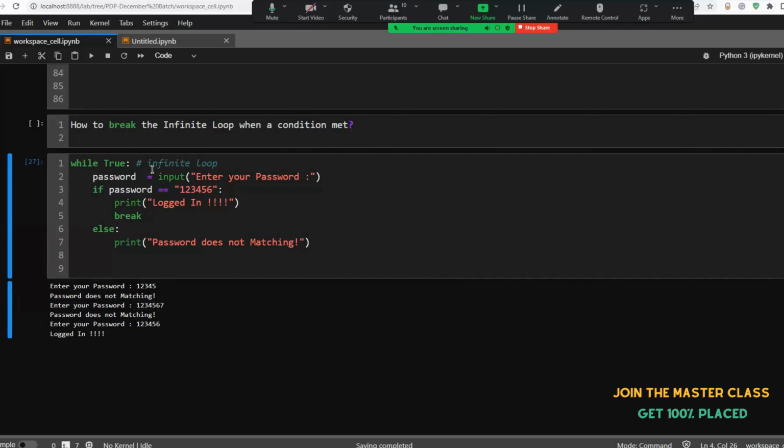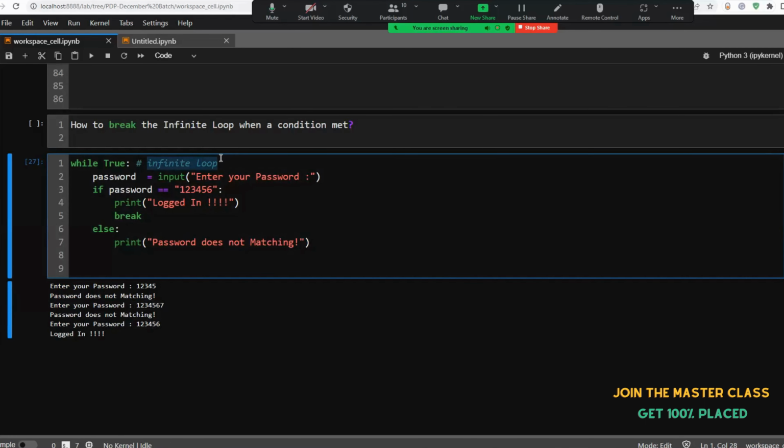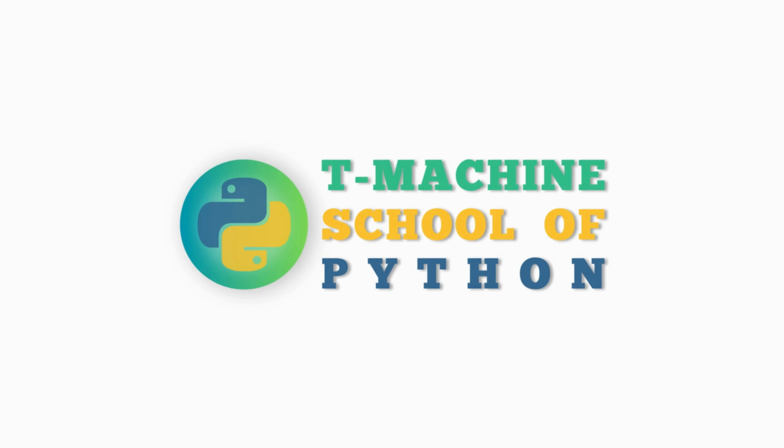So this is a kind of infinite loop. Again and again it will be asked, and once the condition is met, break happens. I hope we will see a few more examples one by one. So the next one is